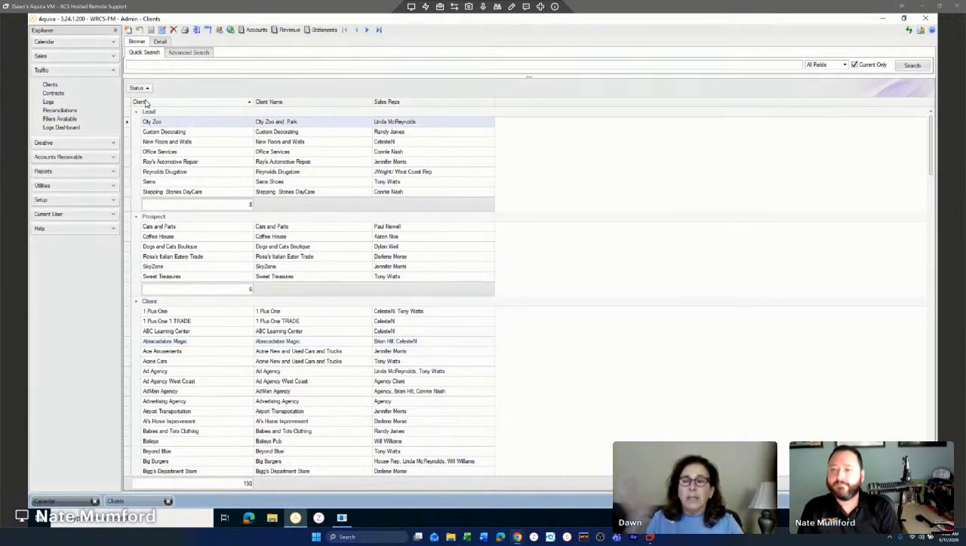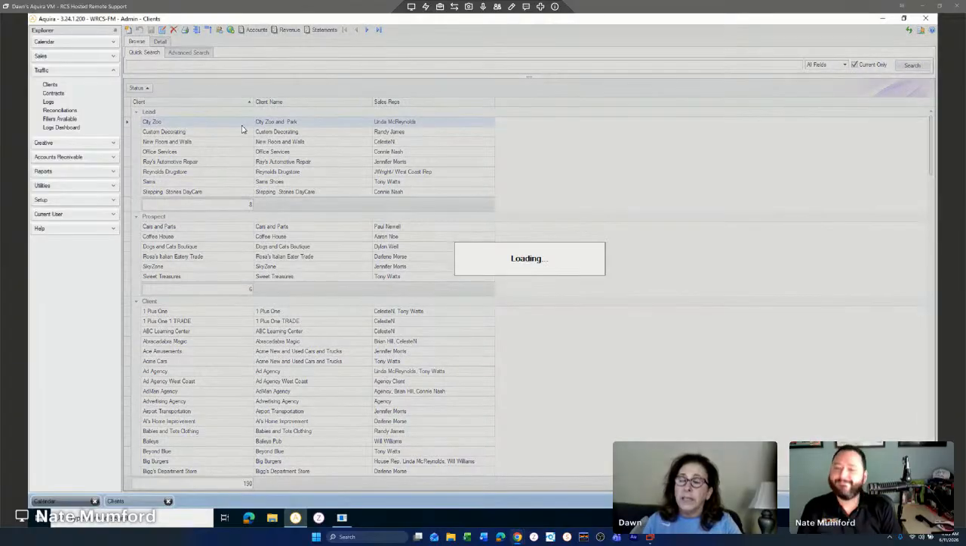And I have mine laid out. This is the layout that I like. You can sort this differently. You can pull in different columns by user and save it. But this is how I have mine laid out. And you can see I have clients. I have different statuses: lead, prospect, and client. There are 3 different types. And I'm going to first pull up City Zoo, which is a